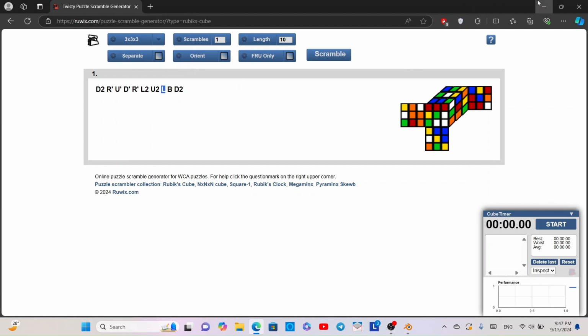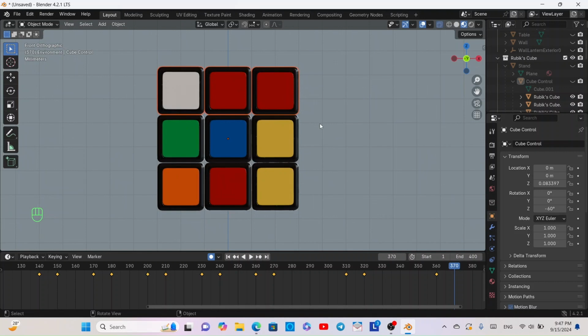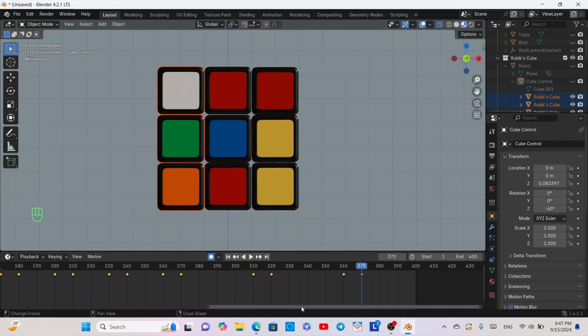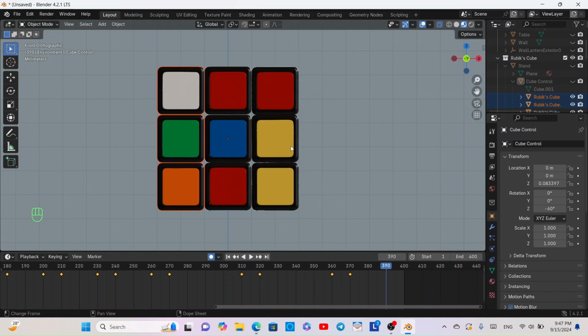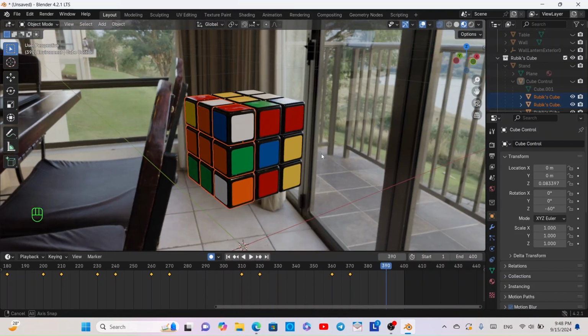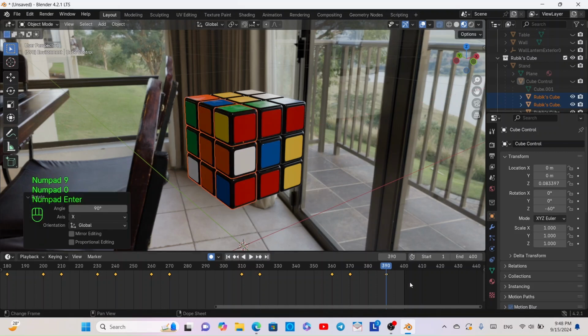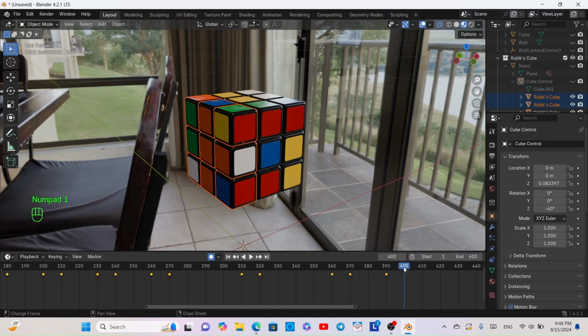Over here, this is L, which means the left face 90 degrees clockwise. So we're going to click and drag to select the left face, and then press K rotation, and this time we're going to move by 20 frames only since it's a single turn, and we're going to press RX and rotate it 90 degrees clockwise. Let me increase the end to 600 to have some space. Let's skip 10 frames, go back